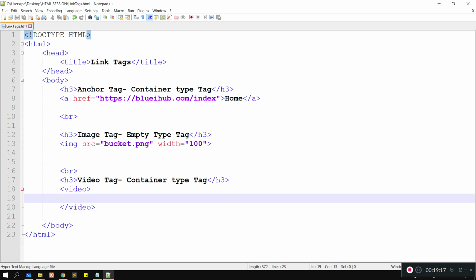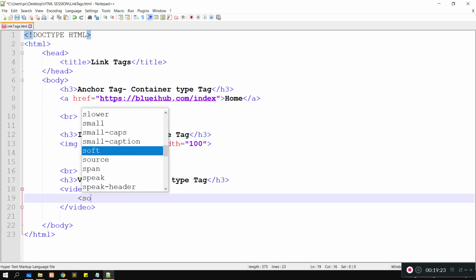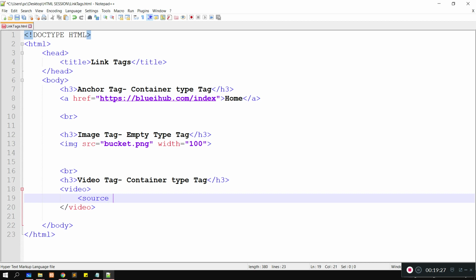Inside this tag we have to give the path of the video. So how do we give it? We have to write source, src equal to, here the path will come directly, and just close. See how easy that is.